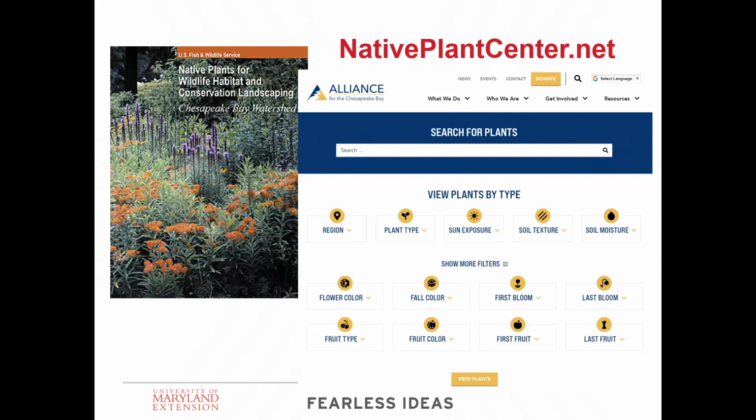Should we prune serviceberry and redbud trees now? No. In fact, I'm really glad you brought that up, because anything that blooms in the spring, we should not be pruning at this time, because all you're doing is pruning off the stems that are going to bloom. So what I like to say is anything that blooms in the spring, you wait until right after its bloom period,